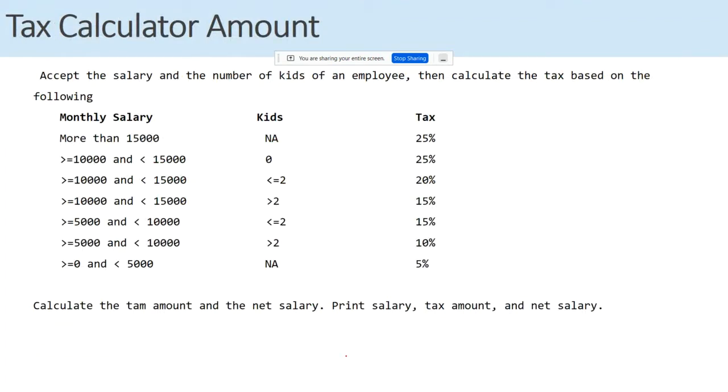Let's see one more question. Okay, what's this? Accept salary and number of what? Kids. Salary and number of kids. Tamam? Okay, you have seen this question before, right? Maybe very similar to this, huh? Without if statements, right? Okay, I'll keep going. Okay, now